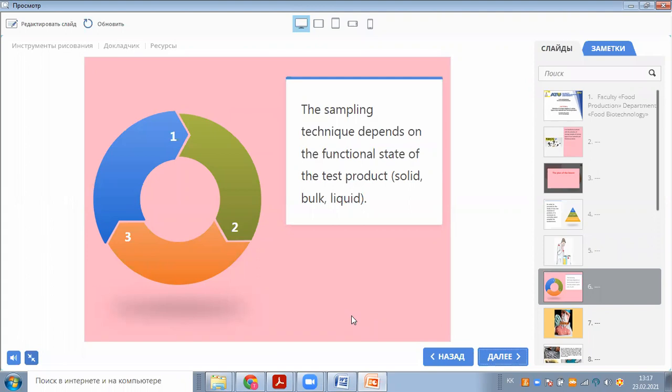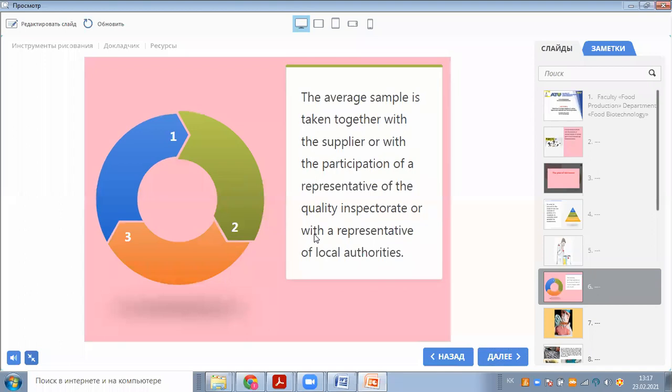For example, the raw materials or food products may be in solid conditions, bulk, liquid, maybe other conditions, and the average sample is taken together with the supplier or with the participation of a representative of the quality inspectorate or with a representative of local